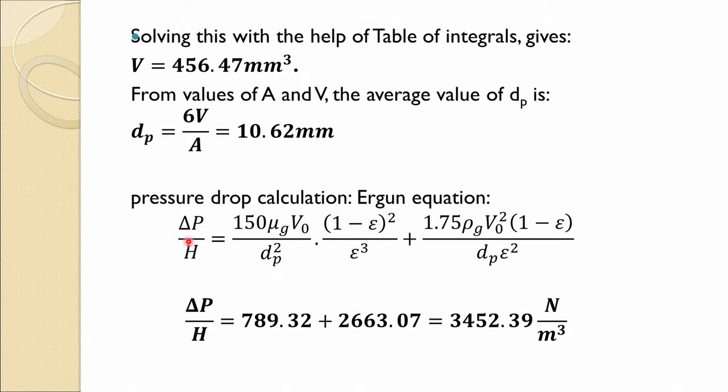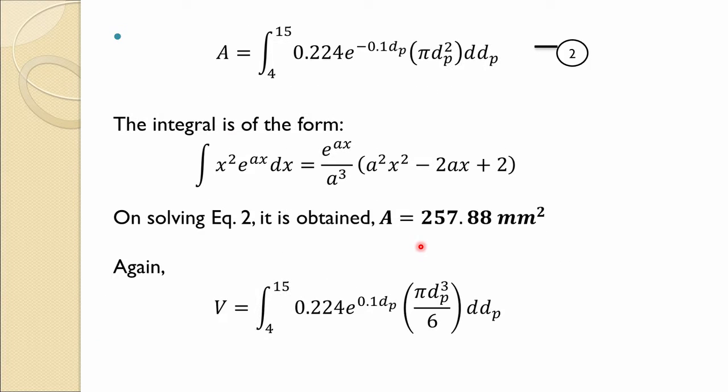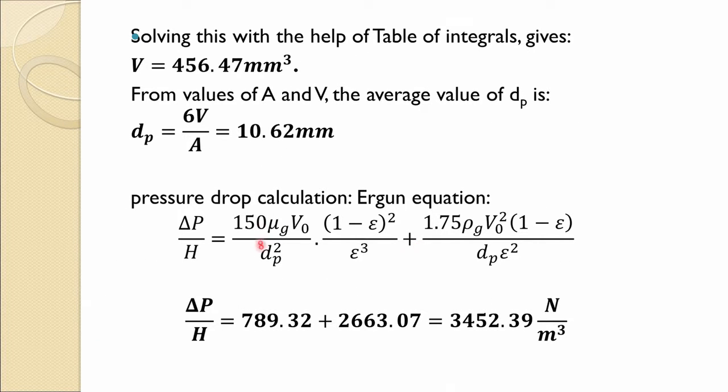If you use this Ergun equation, which you are already familiar with, the void fraction is given, the particle diameter we just calculated, the viscosity is given, and of course the velocity of the gas is given, which is 2 meter per second, and that is actually a superficial gas velocity. So, all the terms are known, which gives you the pressure drop of